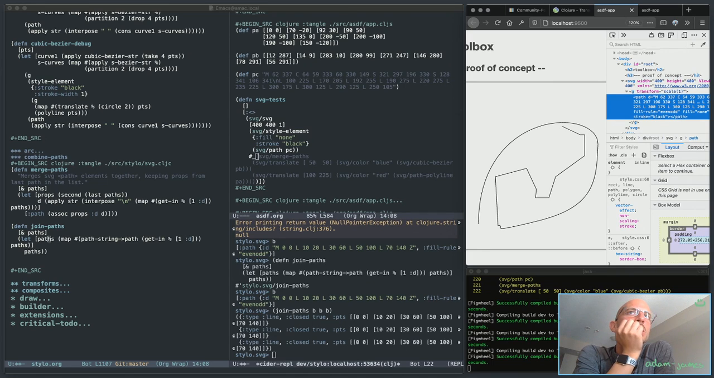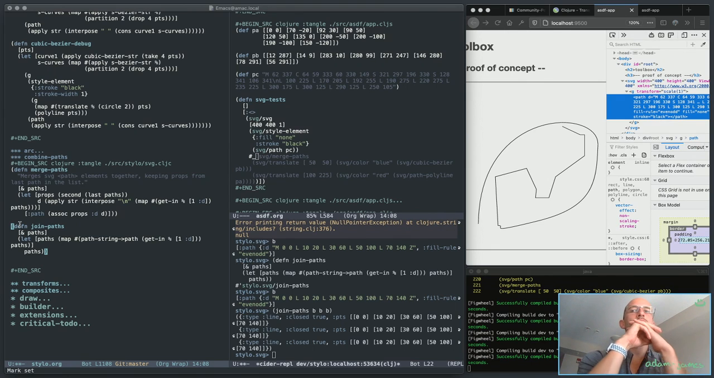Right, so let's do the easiest possible thing I could do here. All merge paths does is bundle the strings from each path together into a single one and then put it back into a path element. I could actually do the same thing,